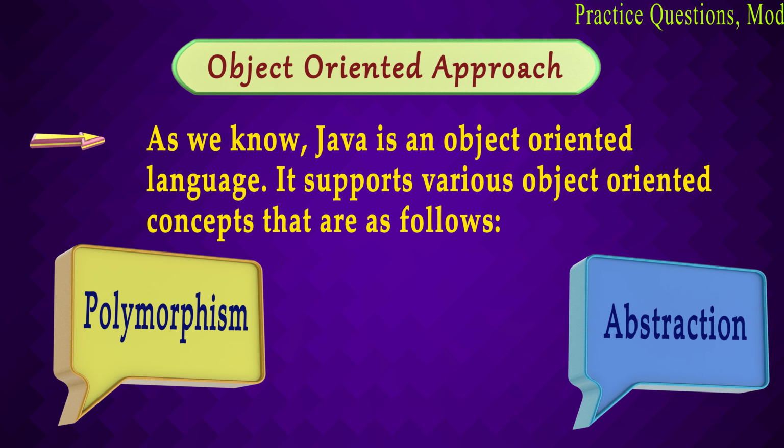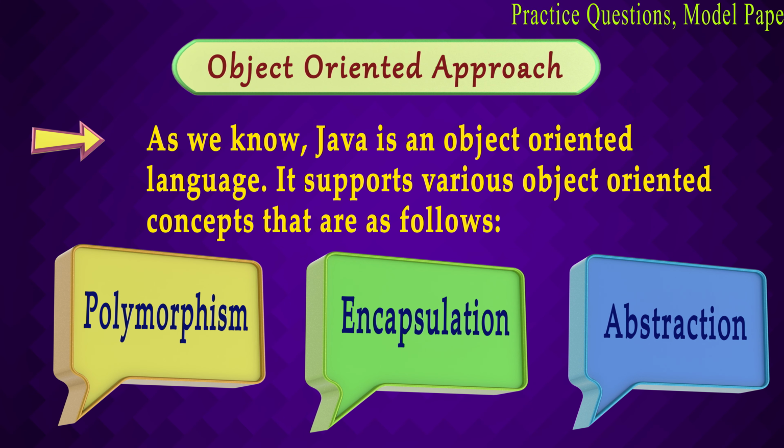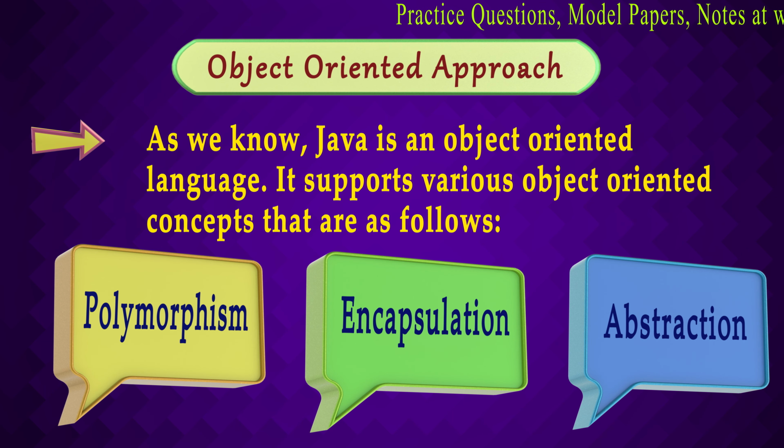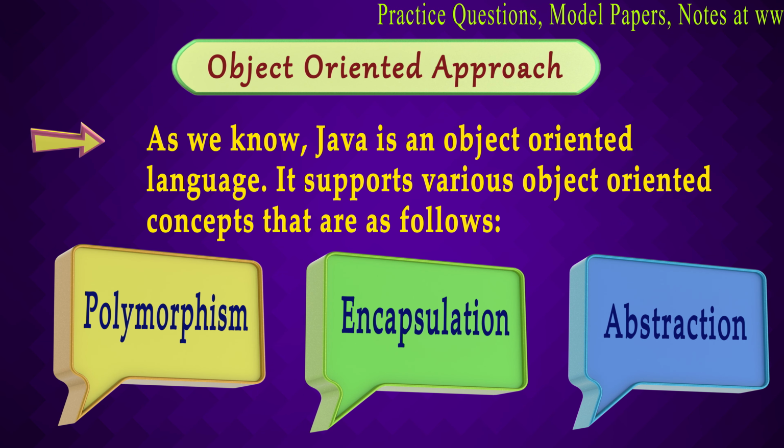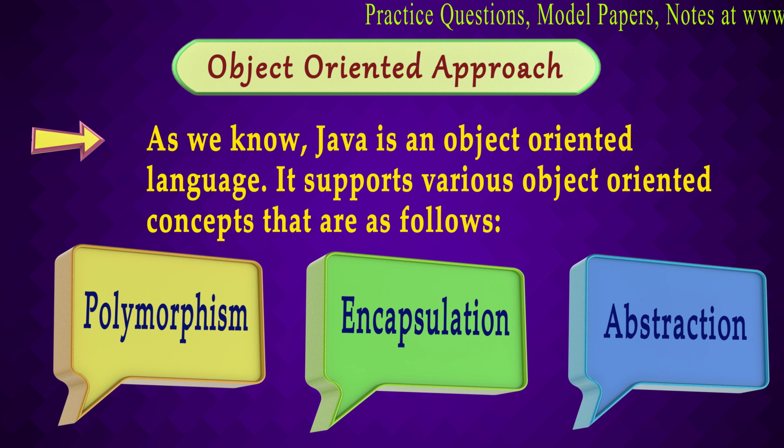Then the last important concept is encapsulation. Encapsulation means that we have one package and inside that package we have further subparts like classes, interfaces or anything else. According to the requirement we take one or more packages and use them. Everything is packed in a package in the concept of encapsulation. So these are the object-oriented features of Java.